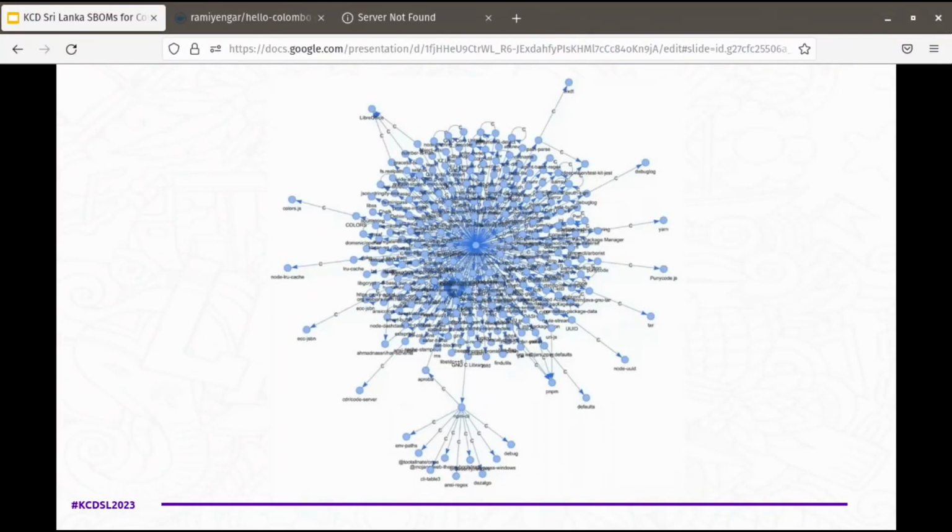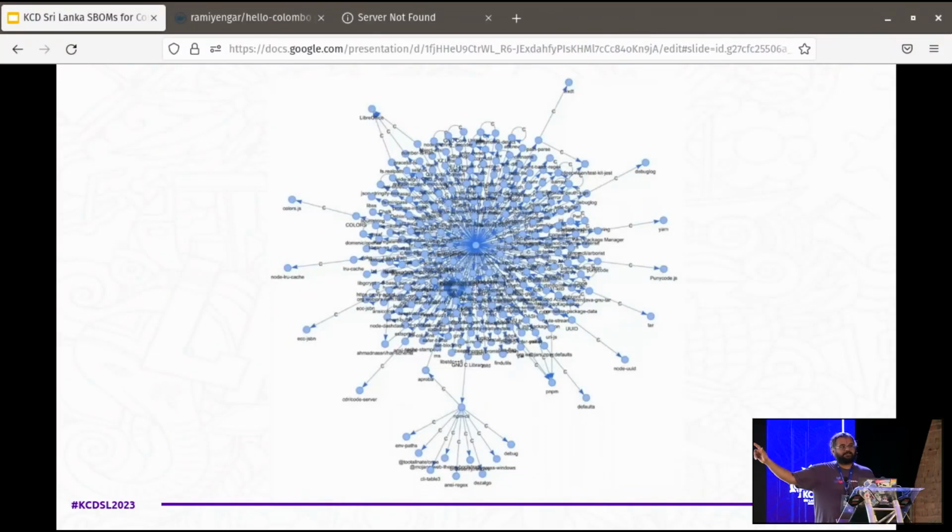So this is an example of all of the different dependencies that are in a Node.js container that one of my friends actually built. Now, any Node.js users here? Yes, no, maybe? Everybody's? Yeah. Thanks to the one gentleman who managed to raise his hand. So I'm not against Node.js or anything like that, but if you look at this beautiful looking graph, inside this Node.js container are